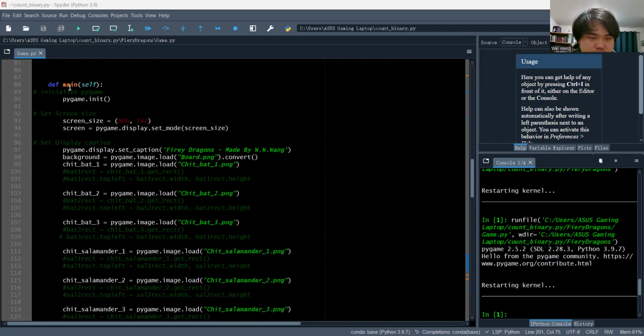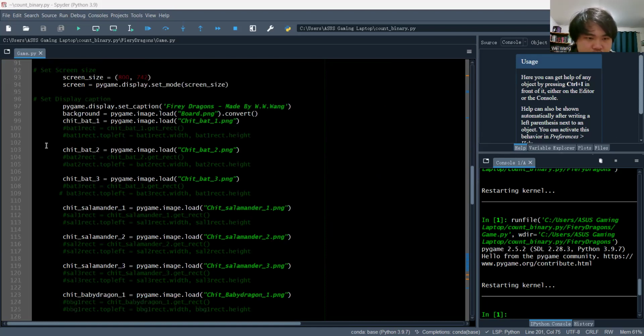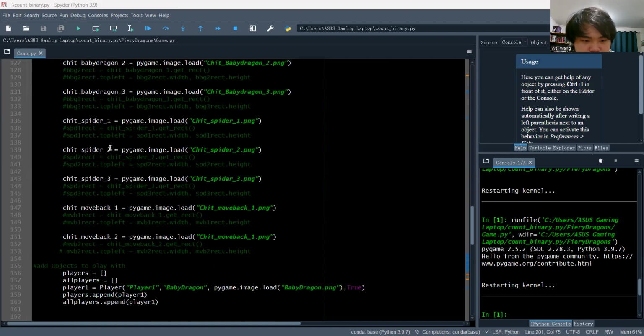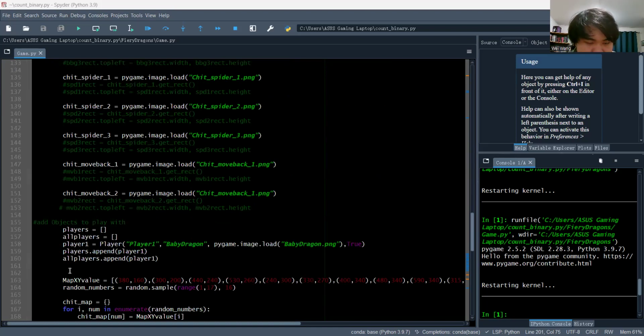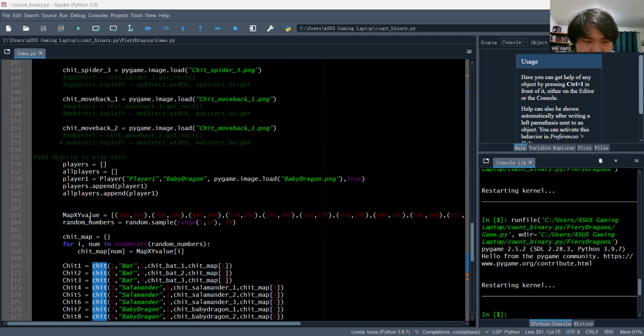So here we initialize the game using the pygame.init function. We set up the screens with the family of functions that is provided. We import all the images that we're going to use for the game, and we set the display caption here. We create objects for the play. We create a randomizer to randomize the association of the chit objects, of the chit pictures,